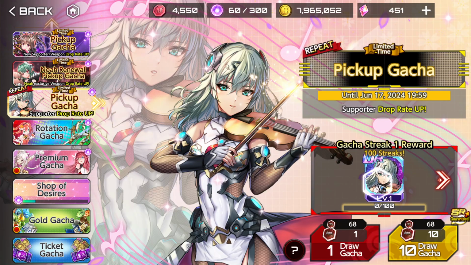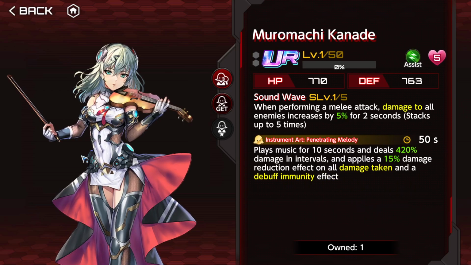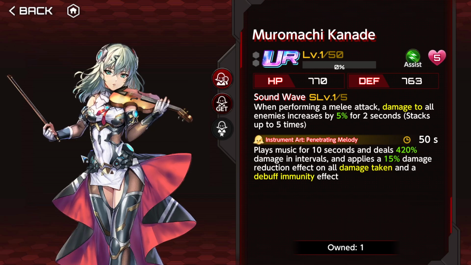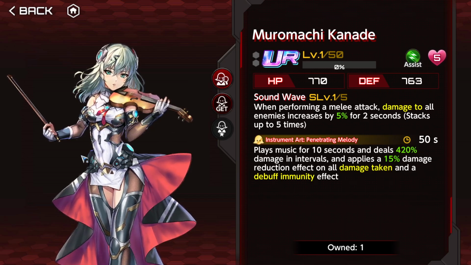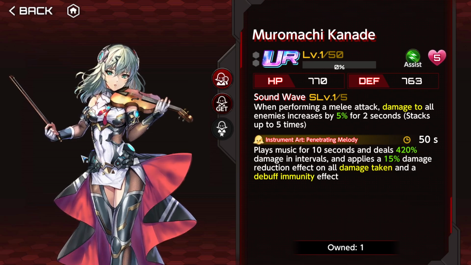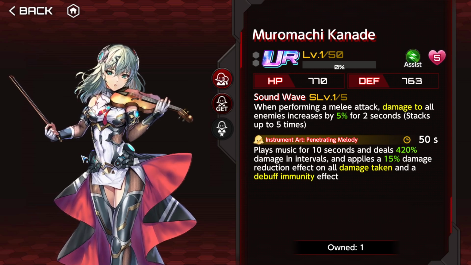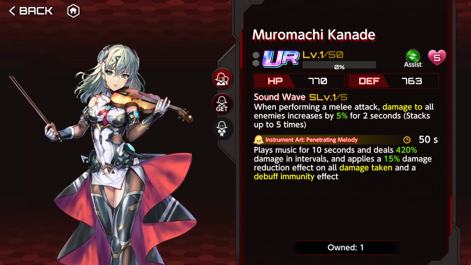It's going to be for this character, Canade. Canade is not bad, but I wouldn't say that she's busted. It says, when performing melee attacks, damage to all enemies increases by 5% for 2 seconds, stack up to 5 times. So this is super good if you have Torajiro. You put Torajiro on the main, and you put this on the subslot, and it's going to increase the duration